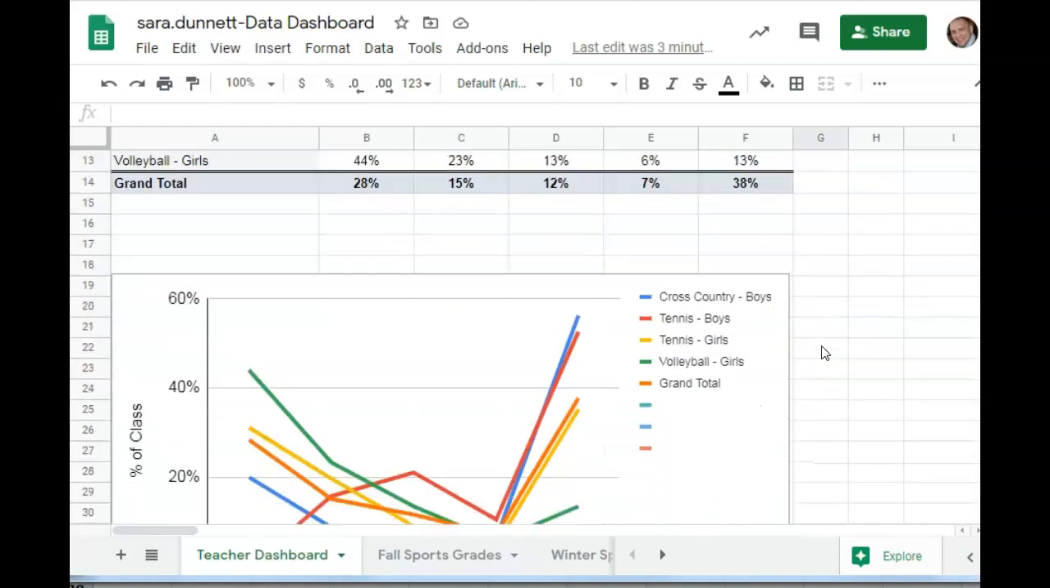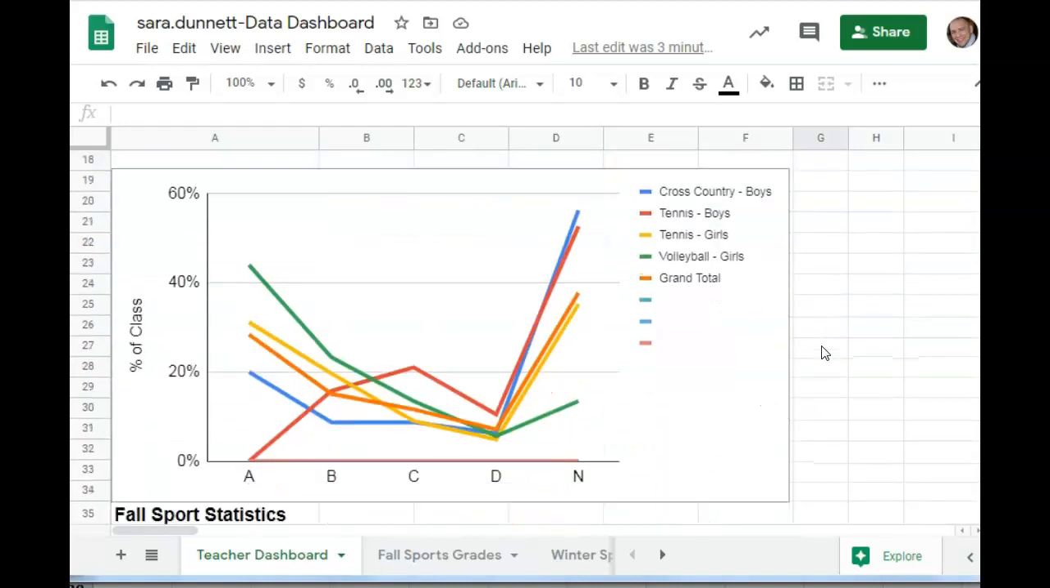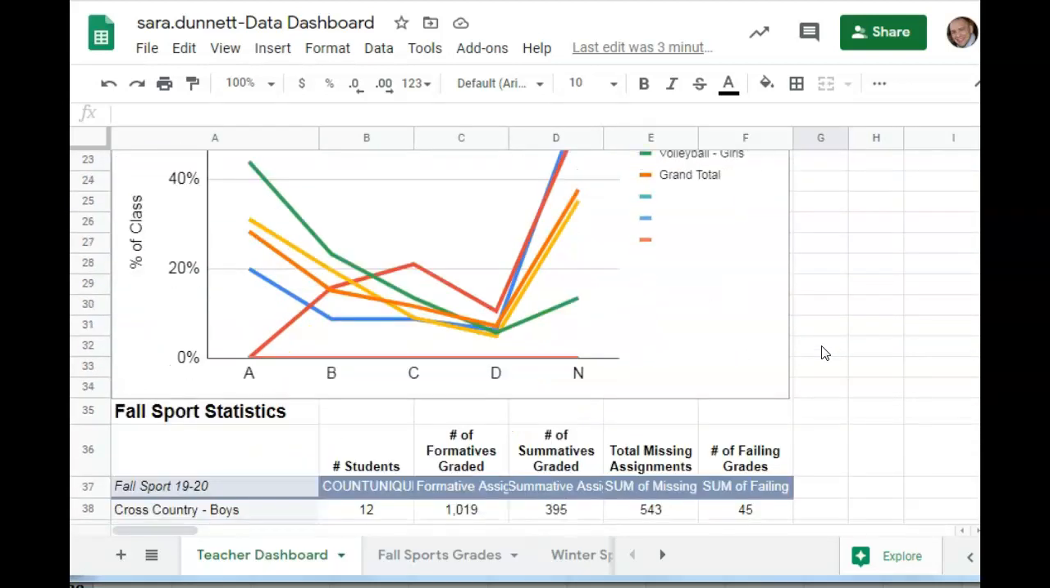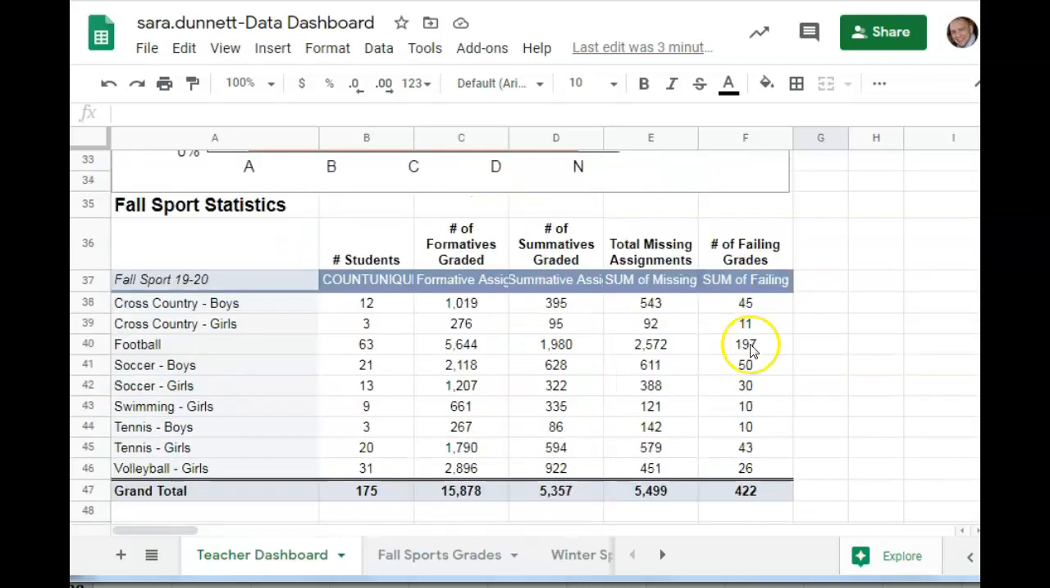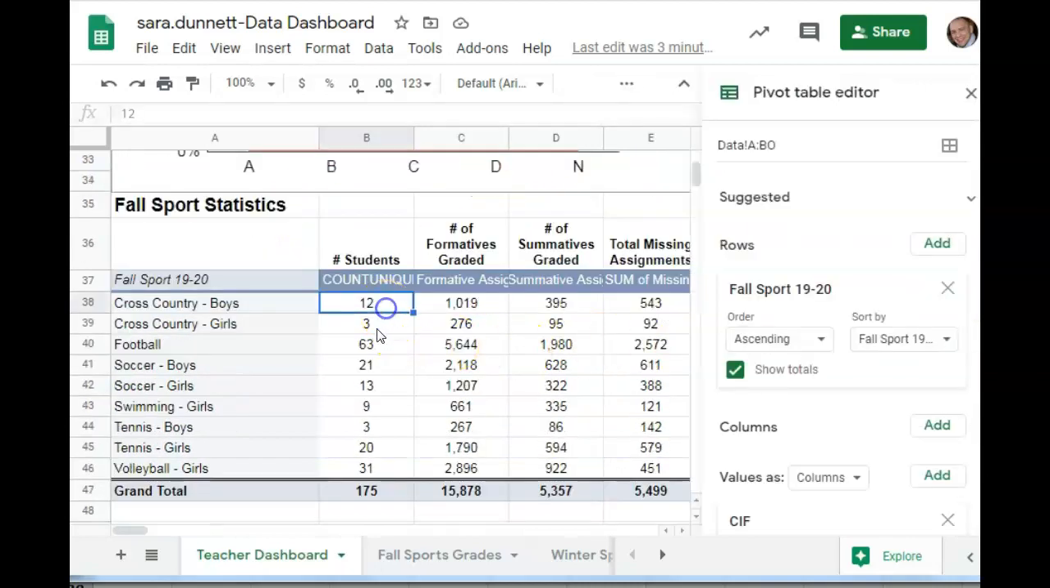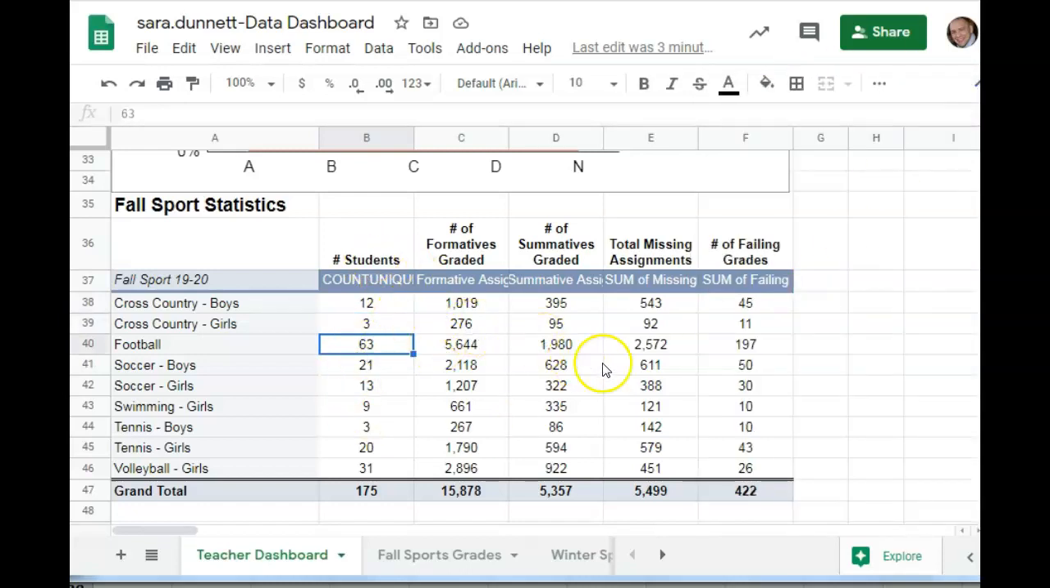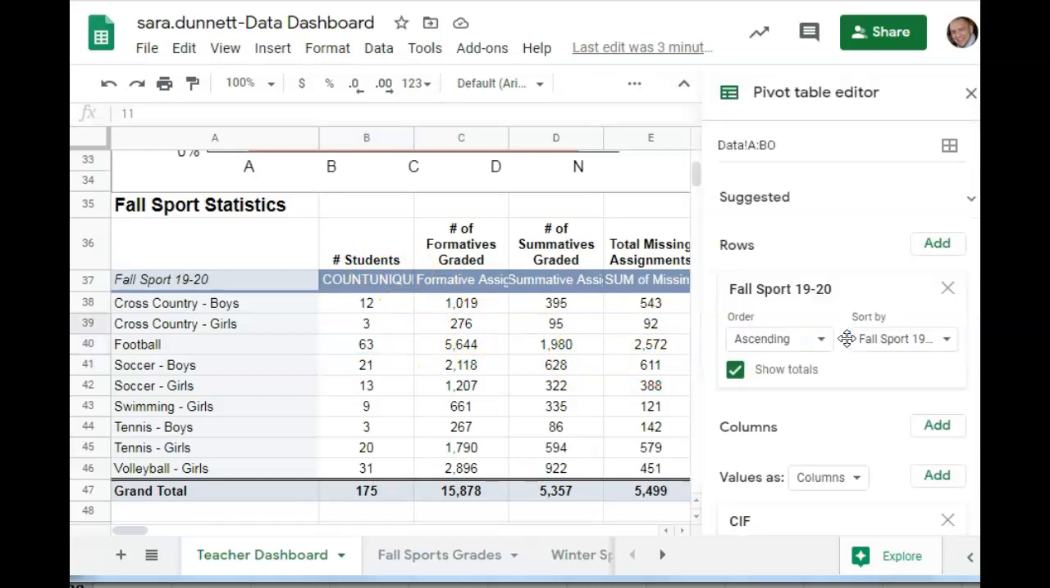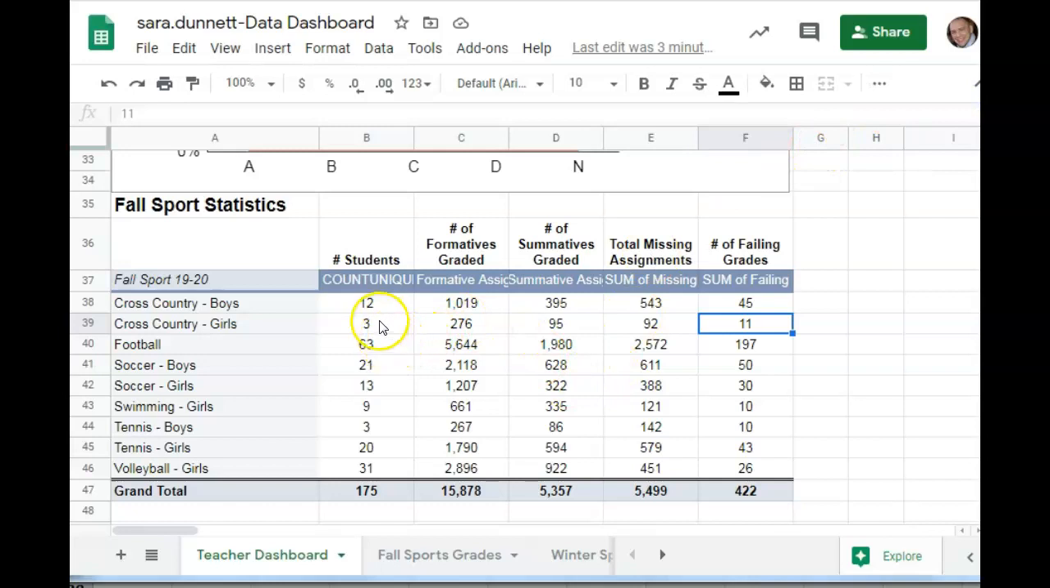If you scroll down, you can see a graph of that, seeing how they're doing, and then there's a couple statistics. These are how many students that we have listed in each sport. If the pivot table editor pops up, you can just close it. If you click in there, it pops up. I'll just ignore it for now. I'll just point. And so the number of students in each one, and then the total number of assignments they've had